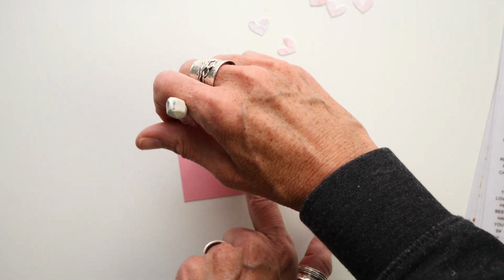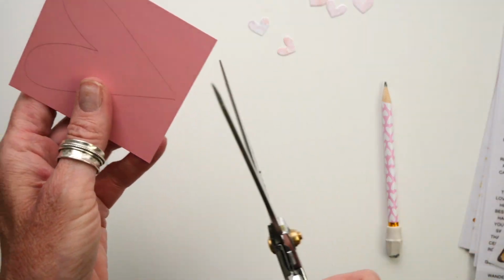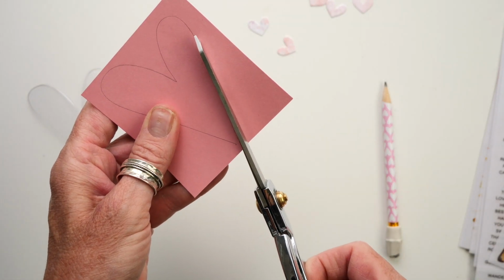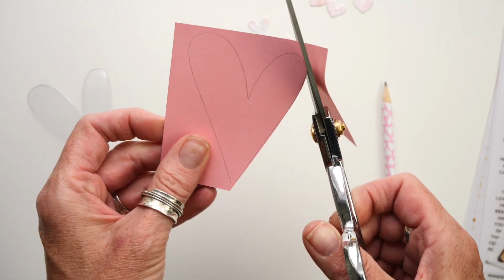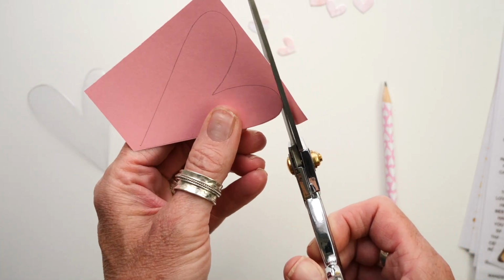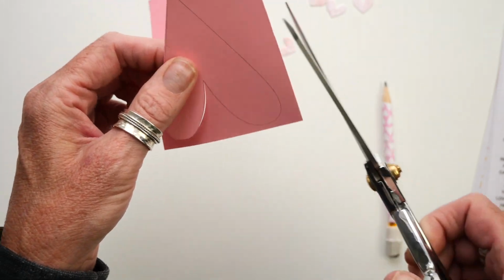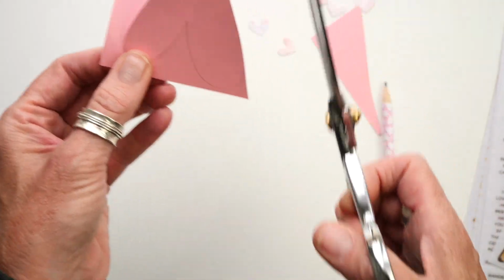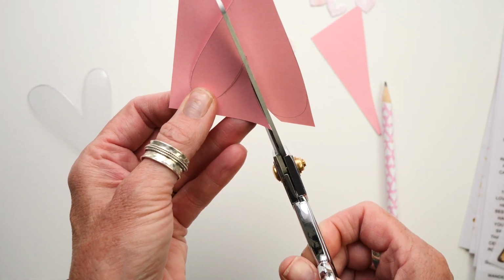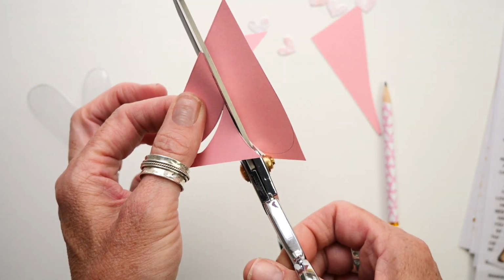For this technique, you can use any sort of template or heart, butterfly. You can die cut it, you can hand cut it, whatever. I have kept this little ghost heart on my workspace and I reference it quite readily. And so I'm pretty eager to use it today and show you how easy it is to make DIY embellishments